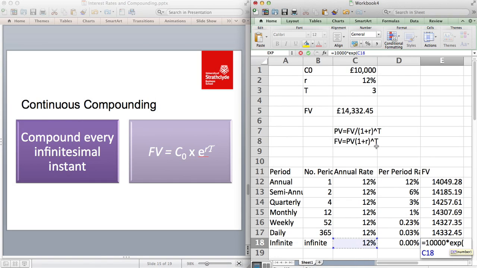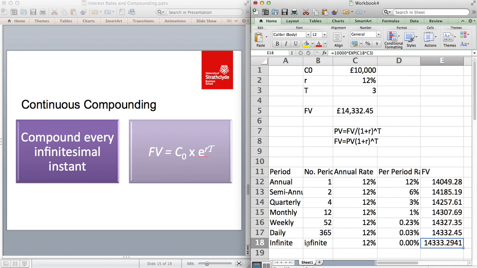We're only going to do one period, so in fact, no, in this case it's actually 3 periods for this past question. So it's 10,000 times e to the power 12% times 3 periods, and that should give you the future value of a £10,000